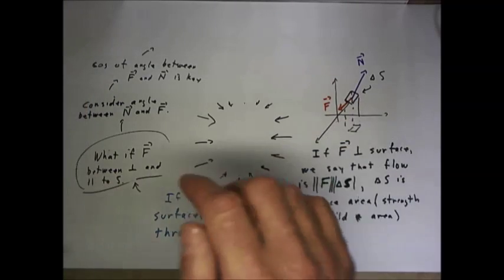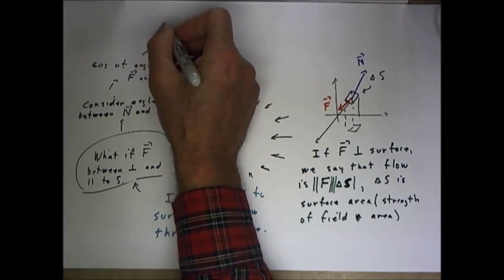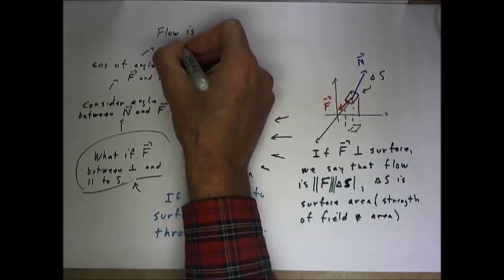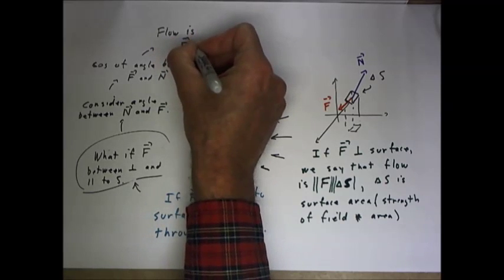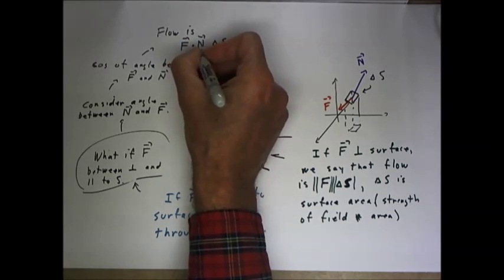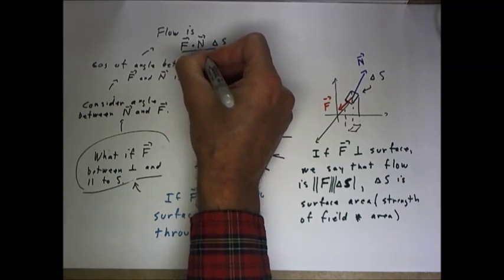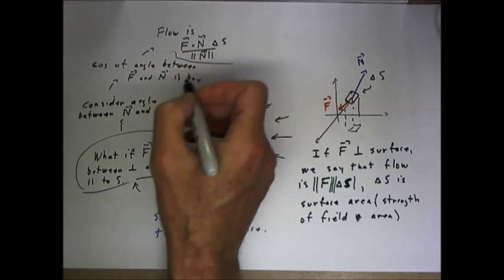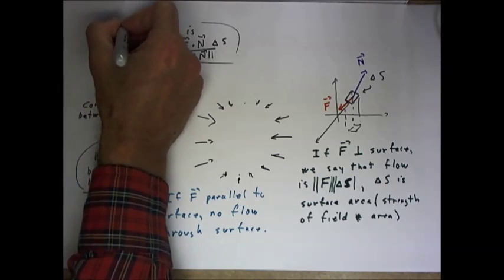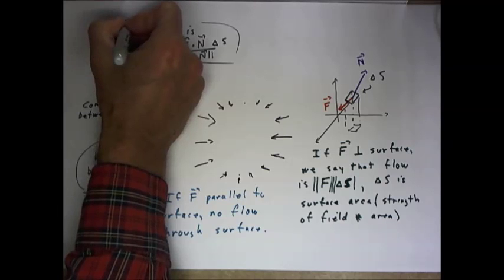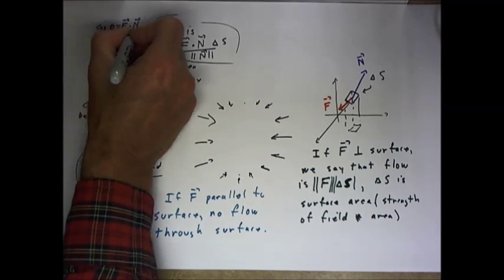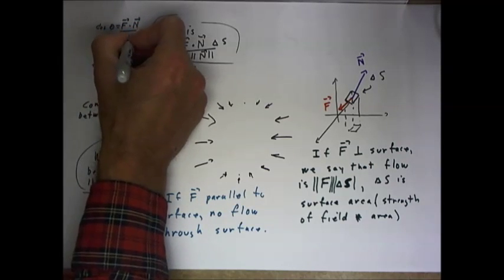And ultimately what we're talking about then is just the flow is simply F dot N delta S divided by the magnitude of N. And the connection is simply that the cosine of theta equals F dot N divided by the magnitude of F times the magnitude of N,